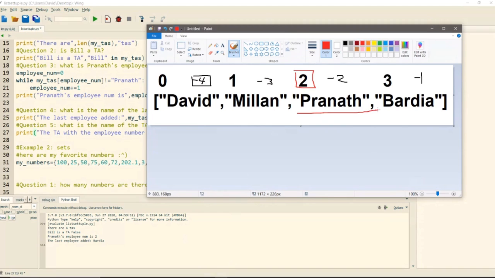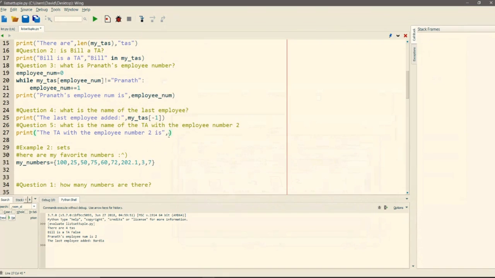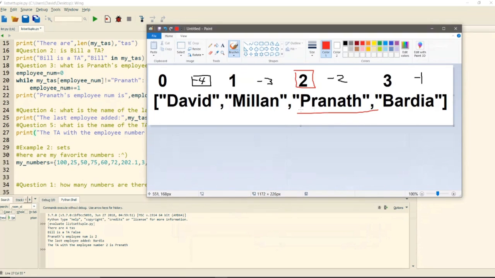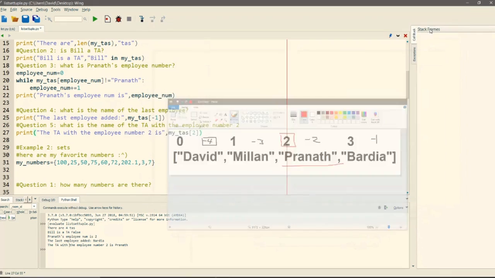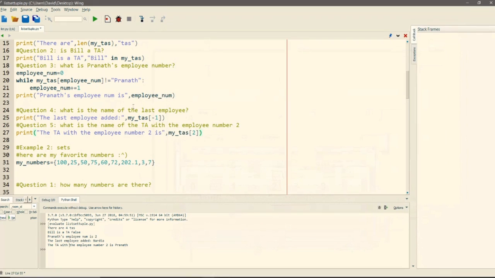And we can already guess that's going to be Pranath. So we go over here and say my TA is 2. So that's going to get the TA with the employee number of 2, and we run it. One thing to note is employee number 2 is actually the third employee added, because the first employee gets an employee number 0.